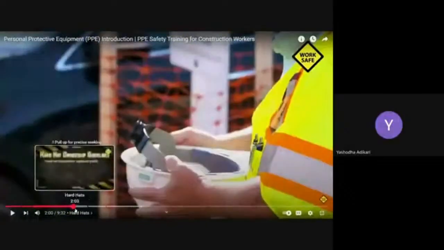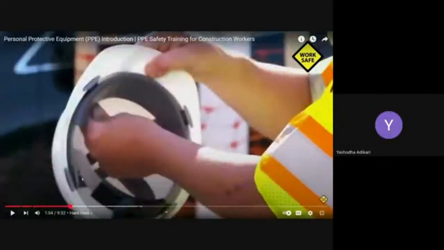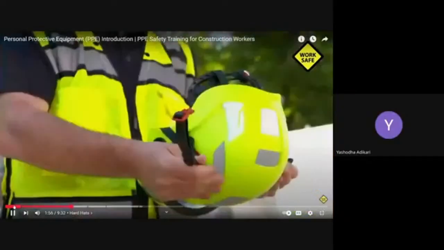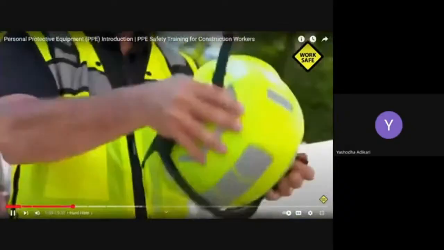This belt is what actually fixes to your head, not the hat cover, right? This belt is going to fix to your head, not the plastic cover. That's how we can protect our head from different accidents, right? Routinely inspect your hard hat to make sure it's in good condition, checking for dents, cracks, or deterioration.